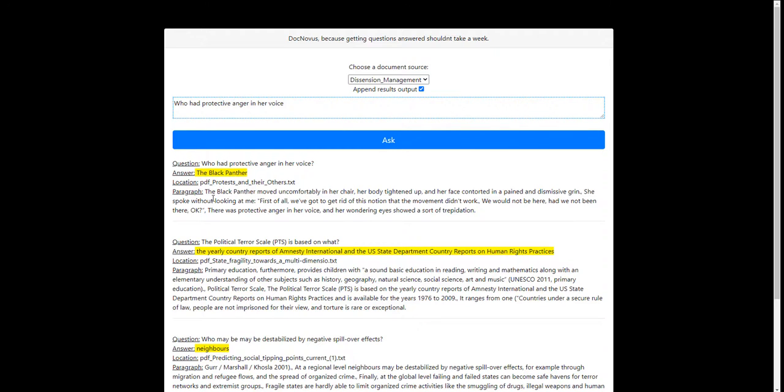So it says the Black Panther. And here's the paragraph that it came from. The Black Panther moved uncomfortably in her chair. So right then it goes a couple layers back to find the actual answer of who. So you can see this is definitely more relevant if you're looking for specific answers, if you're looking for a quantifiable answer from the documents that you upload and that you run through the analysis